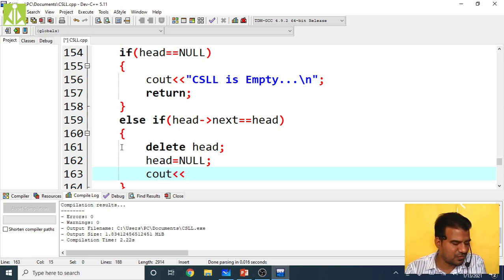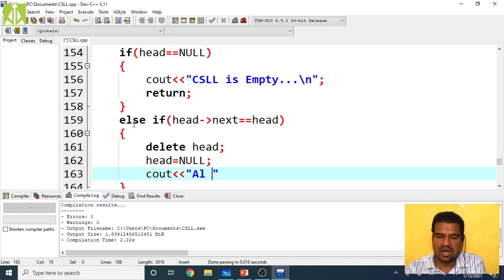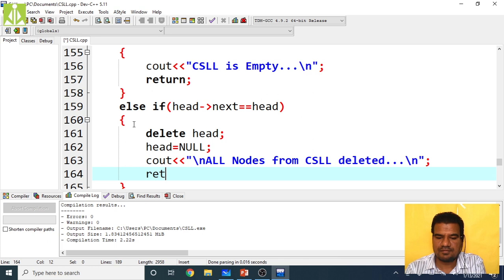We print cout, all nodes from the CSLL deleted, because we are performing the delete all or delete list operation. Keep the backslash n and at the end a semicolon, and return from here itself.